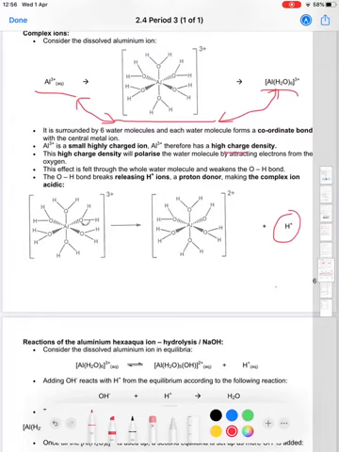So very often we'll think about this as if it is in equilibria because, like any equilibria, if I add hydrogen ions to this, the equilibria will shift that way. And alternatively, just to stick with the equilibria stuff, if I add hydroxide ions to this, that reacts with the hydrogen ions there, which will form water. So essentially I'm losing those, and the equilibria shifts that way in order